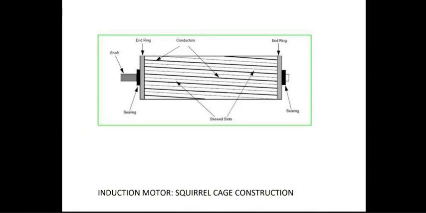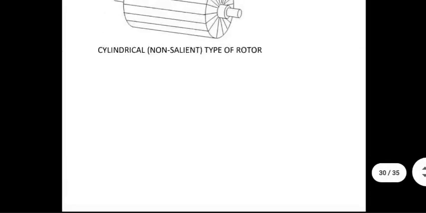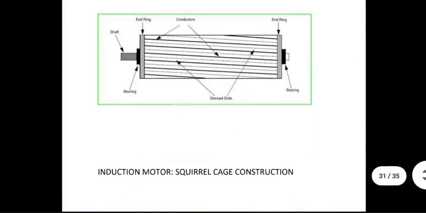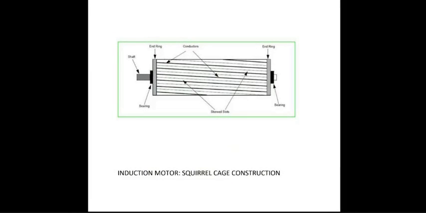This construction was given the name squirrel cage because somebody had a sense of humor. If you look at the cross section, it is a hollow cylinder. And they said if a squirrel goes in, it will never be able to come out. So don't take the word squirrel cage as if it has some technical meaning. But this word is used commercially, even in books. Don't try to interpret the word squirrel in any other manner. It simply means it's a cage for a squirrel. If the squirrel had gotten in, it would have a hard time getting out.